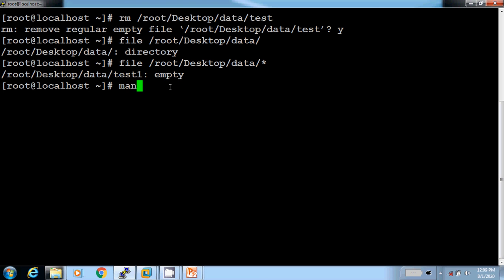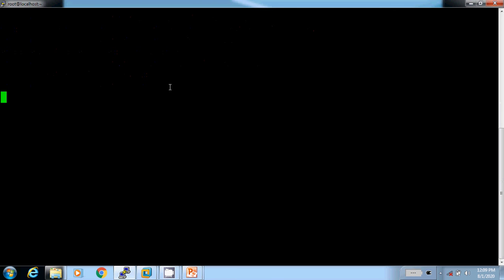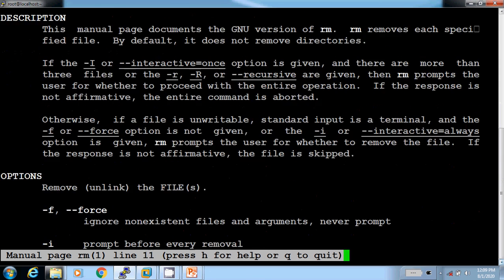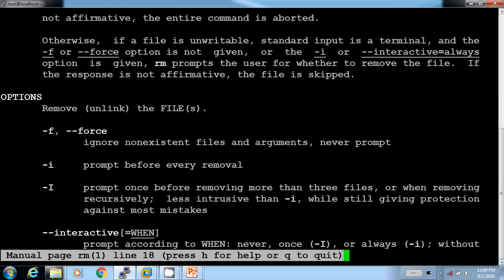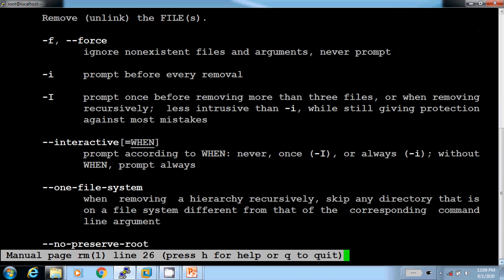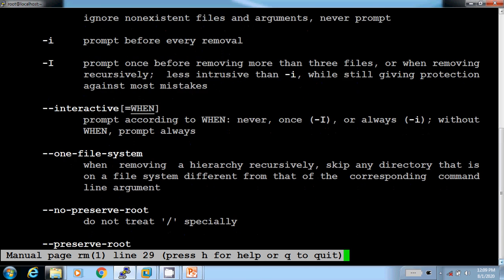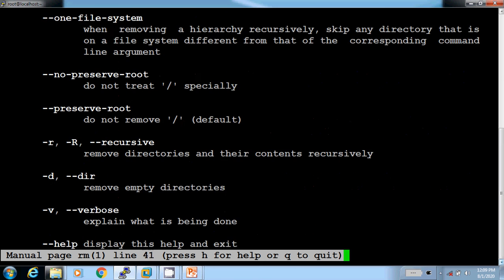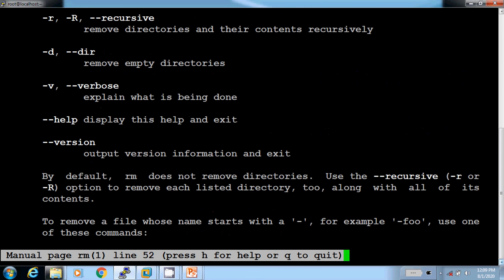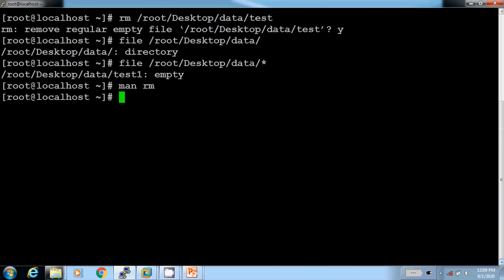Let me check the man page of rm. Remove file or directory, and the attributes are force, -i for prompt before every removal, and so on.